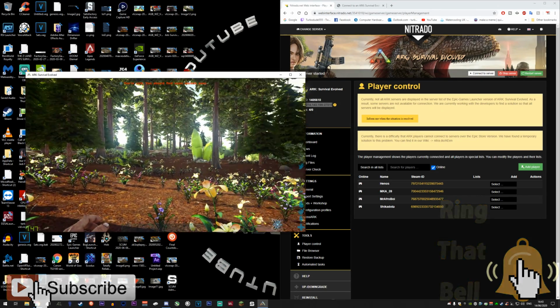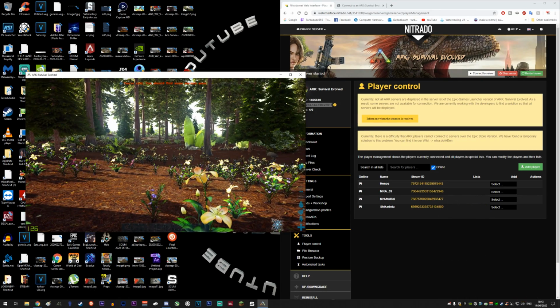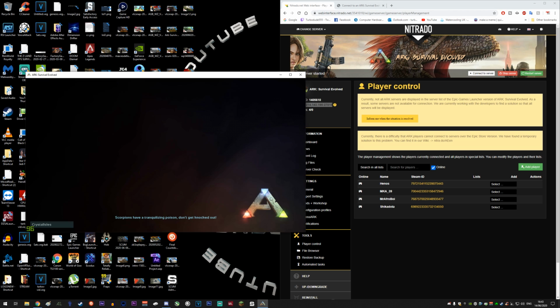Here we go, we are in the game. So now what you need to do is press tab. Now you press tab and then type open. That might be hard for you to see with the recording, but if we type open and then just paste in my server IP, press enter,